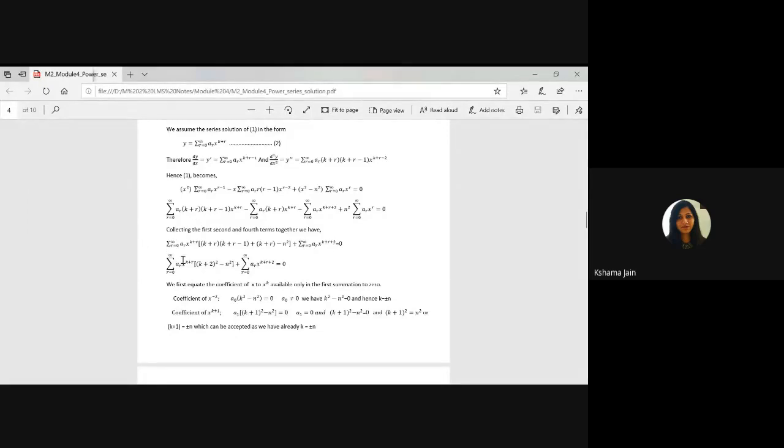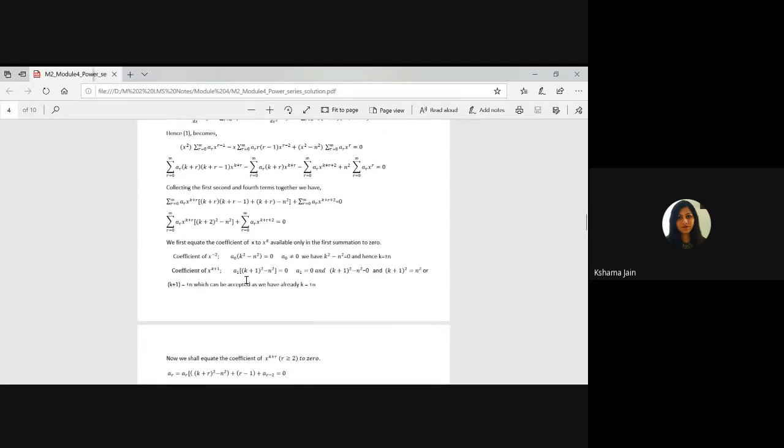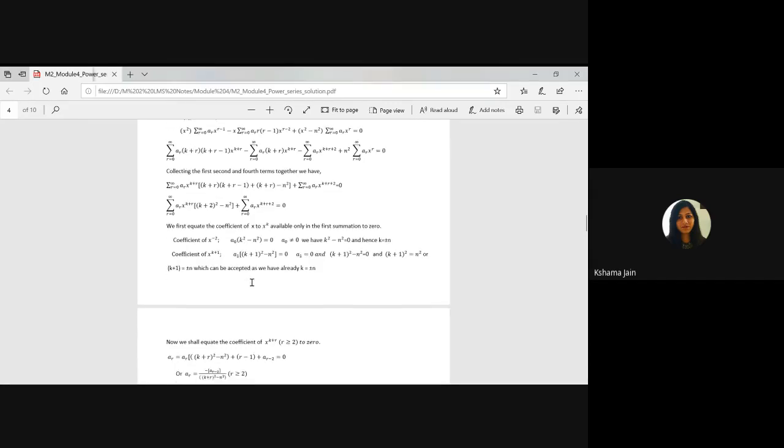After getting all the terms, again our work is to equate the terms equal to 0. That time we were taking the terms as this, to find the condition that it should be non-zero. They have done this, but it is not actually required. That time we were taking the coefficient of x raised to power r equal to 0. But here, what do we do? We take the coefficient of x raised to power k plus r equal to 0.